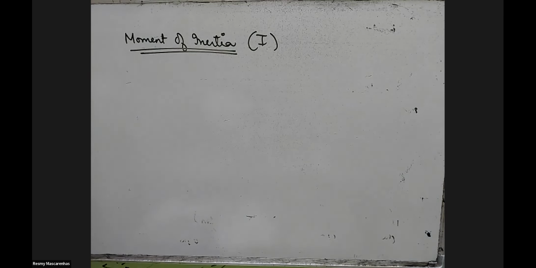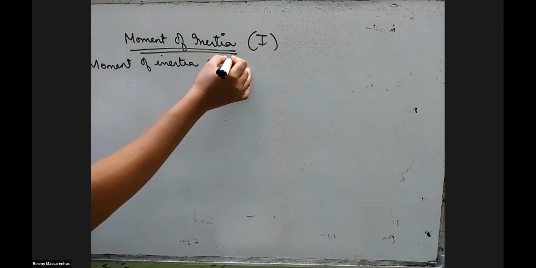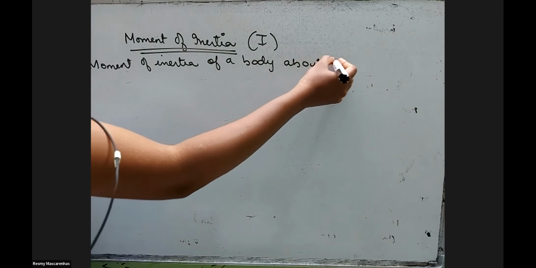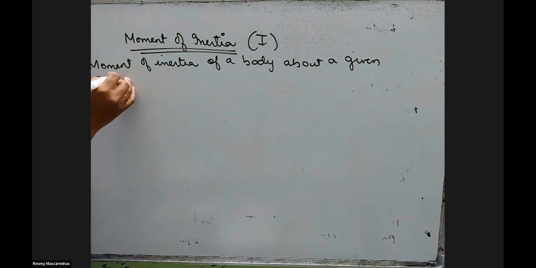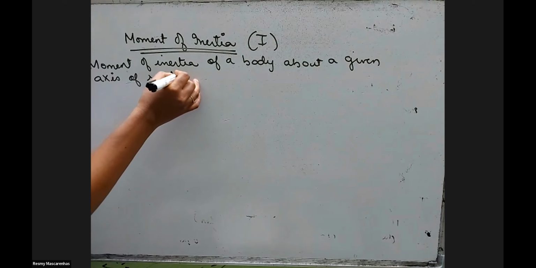Definition wise, just write the definition first, then I'll explain. Moment of inertia of a body about a given axis of rotation is defined as